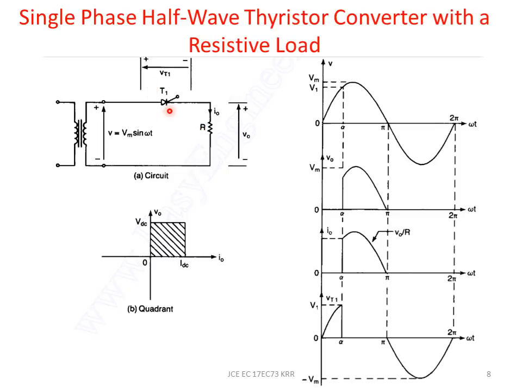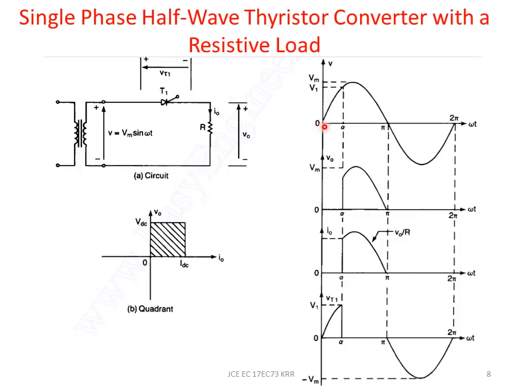Now the thyristor can be turned on only when it is forward biased. Hence you can turn on the thyristor only during the positive half cycle, and only after a gate pulse is applied. So even though the input is positive here, it will not start conducting from 0, and it will wait for the gate pulse to come. The instant when the gate pulse arrives, we call the firing angle alpha. Once the firing angle comes, it turns on and conducts from alpha to pi. So this thyristor is off from 0 to alpha, but on from alpha to pi.